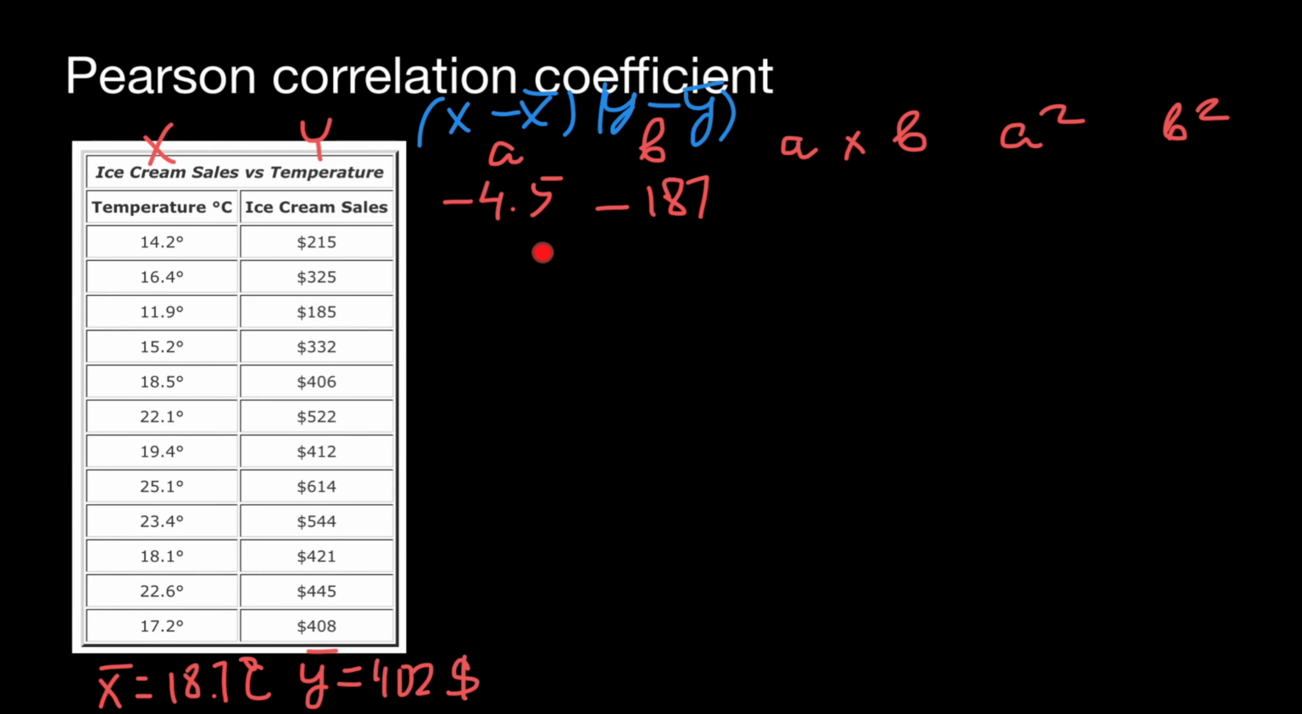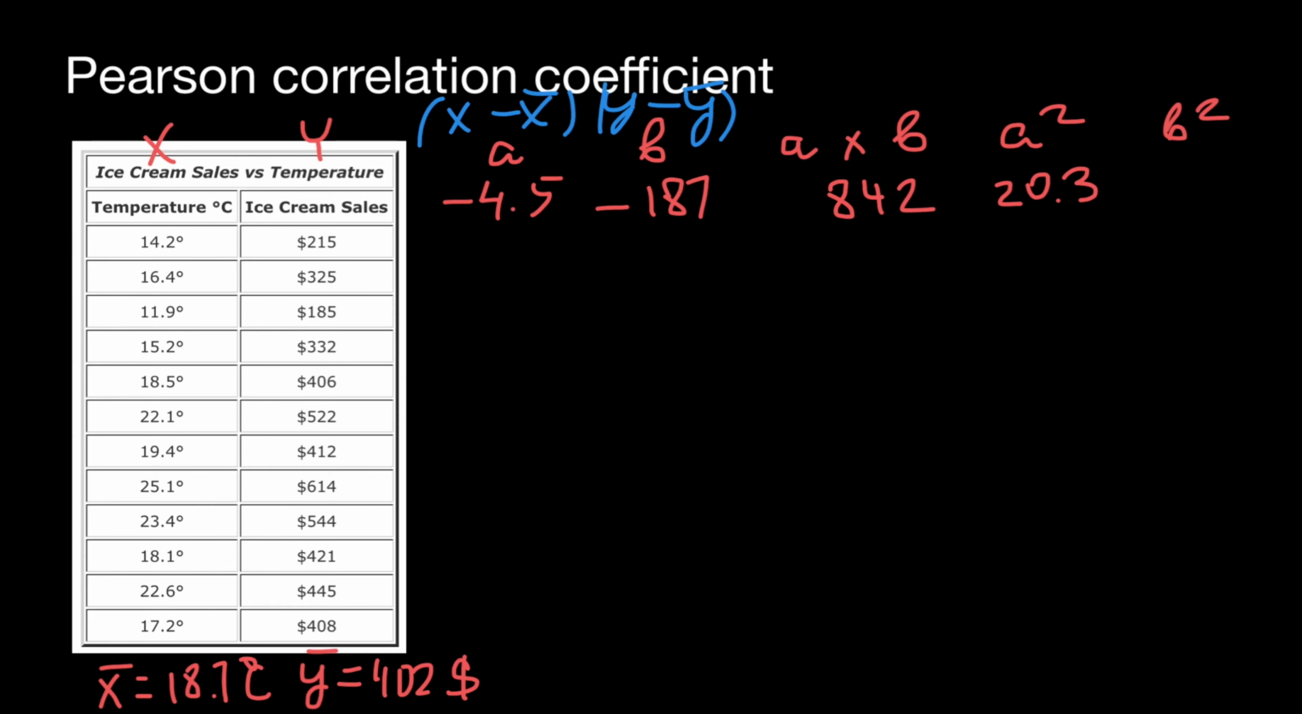So if here we would have temperature in Celsius, here we are going to have dollars. Here is just a times b. We have to multiply these two numbers. So if we multiply minus 0.4 times minus 187, we are going to get a positive number, which is 842. And in the column a squared, we just have to take this number a here and square it, or multiply by itself. And we are going to get here